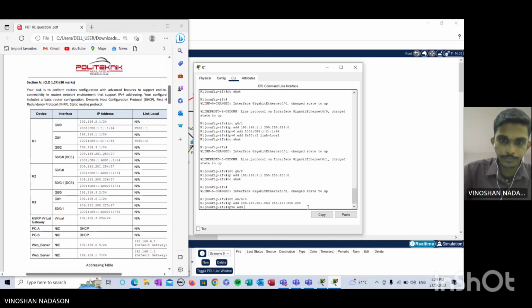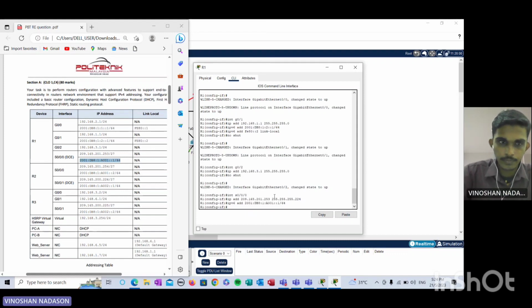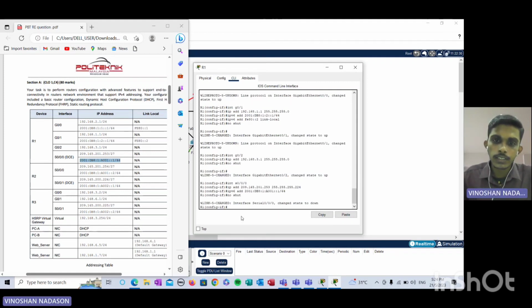IPv6 address, and then no shut. The serial 0/0/0 interface state is still down because we haven't configured router 2 serial 0/0/0. Once we have configured router 2 serial 0/0/0, then the interface will change the state to up and